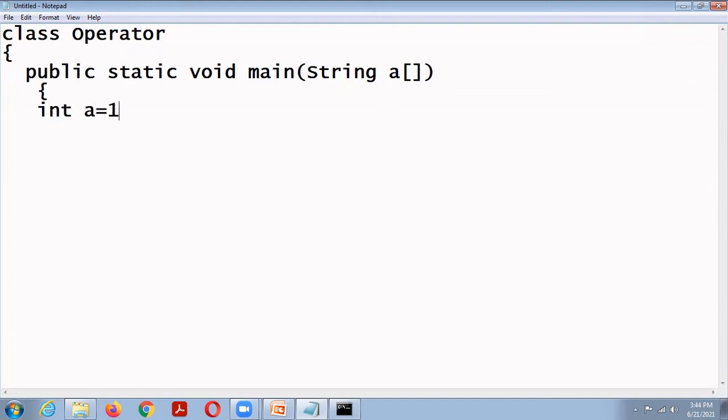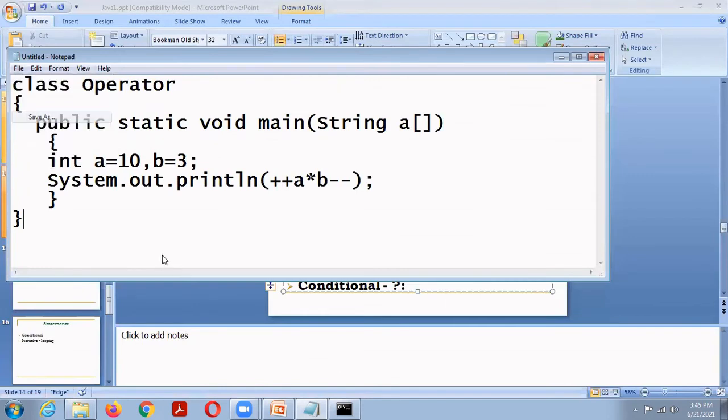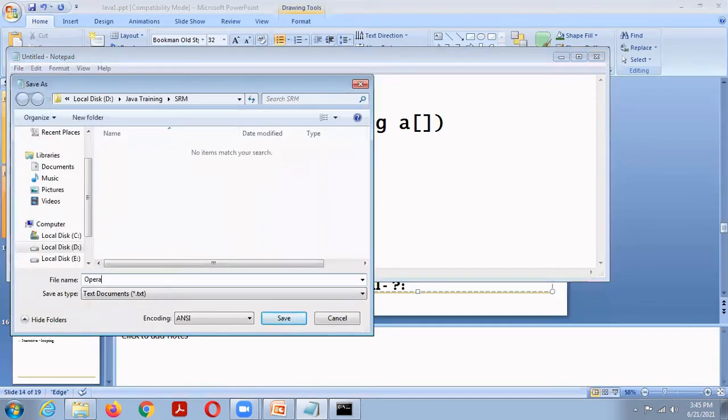Int a equal to 10, b equal to 3. Operator.java.